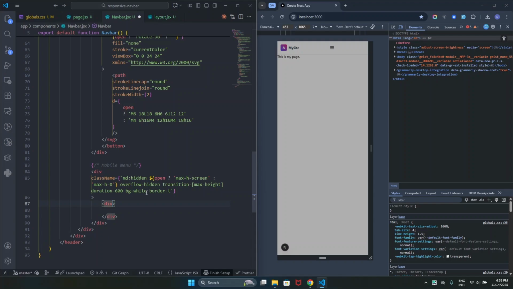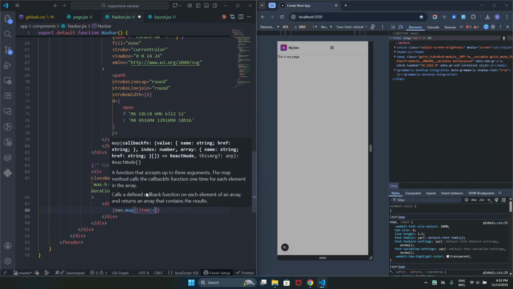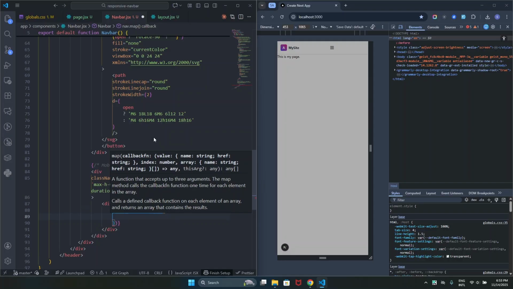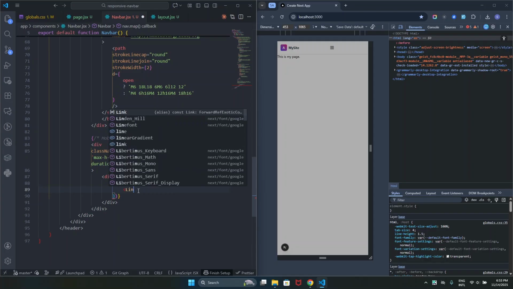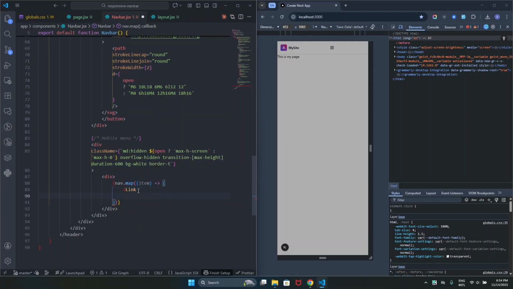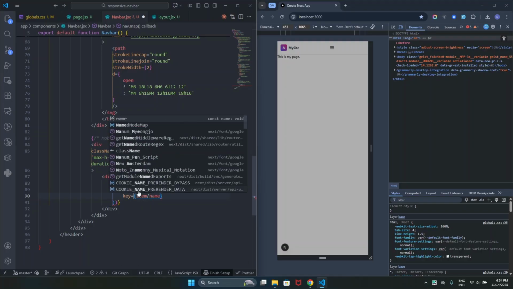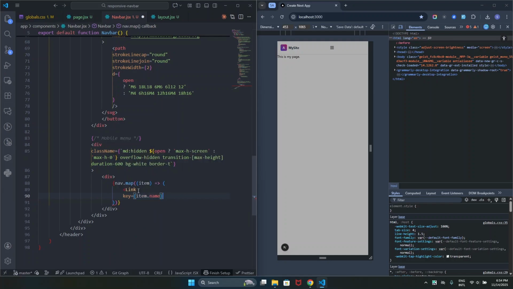So on the div I want to iterate the names, like before with the map function, and I will be doing item. Okay, and in here I will be doing the same thing like I did before. Key will be item dot name. Href will be item dot href, and then